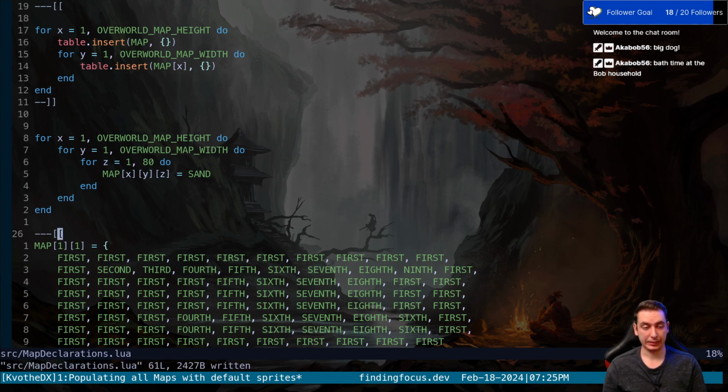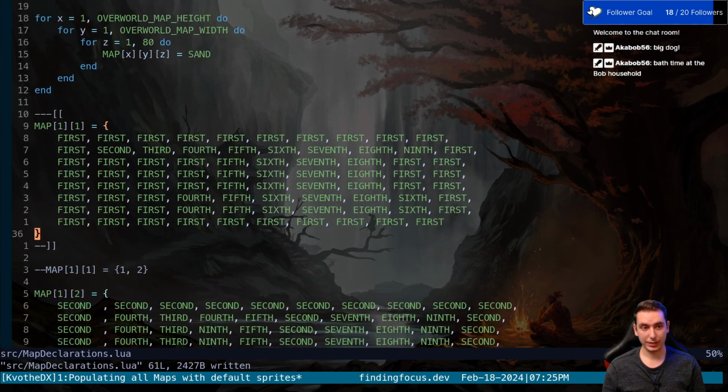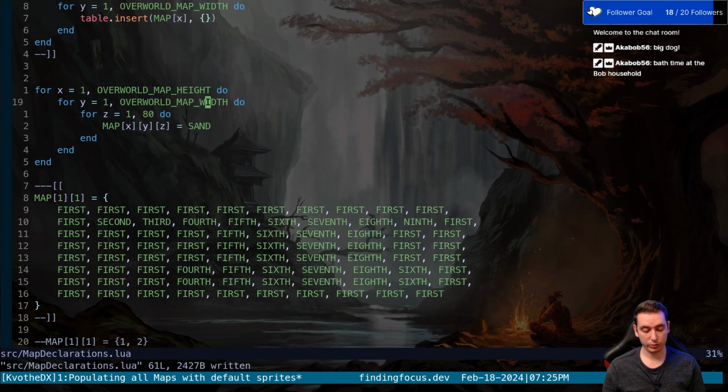I'm not feeling too hopeful though, but let's see. So we're going to our map row column, and then at the index, now there's going to be 80 of these, because every map has a set of 80 tiles to draw, and we're setting every one of those 80 tiles to be equal to sand, which is actually a number of 1. And then if each of our maps have those values, we're overriding those values with these values for our first 3 levels, but then every other one should have sand,